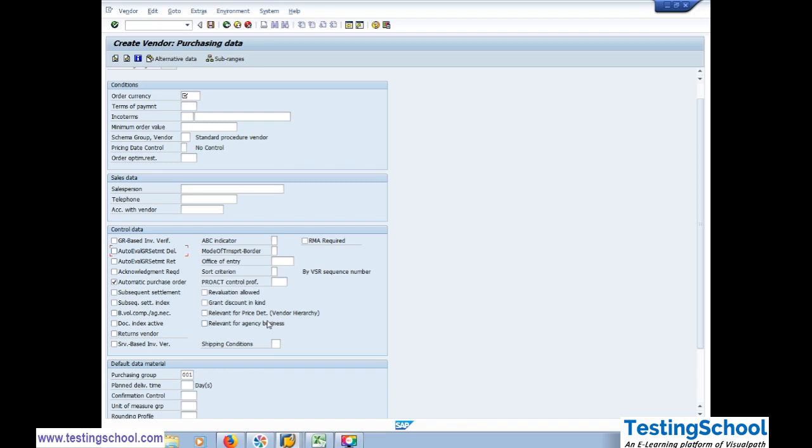That means PR is an internal document where you are raising a demand that I need this material for so and so quantity and by so and so date. The moment you are creating a demand internal to the company, automatic purchase order will be created, which becomes a legal binding between the purchaser and the supplier. So it will create an automatic purchase order and send a request to the vendor that please provide me such and such material. And automatic evaluated gross settlement,